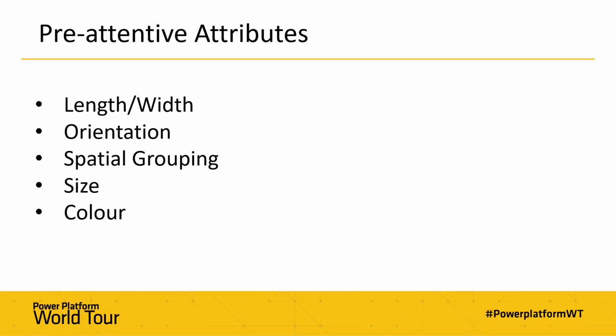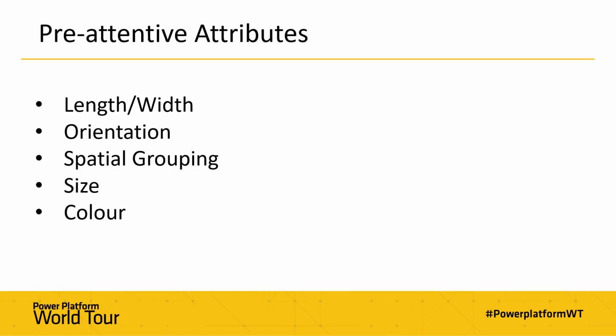So these are called pre-attentive attributes. These are the main groups of them. These are ways of guiding attention, of making things stand out. So length and width, those are often fairly inherent to the types of charts you use, although, as was mentioned before, you do have control over elements of this. So for example, you could choose the width of lines, or you could make things stand out more.